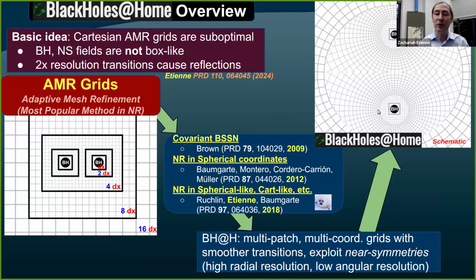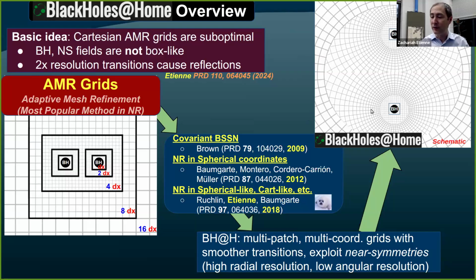time step of a numerical relativity simulation is governed by the smallest grid spacing. And well, when you have enormous focusing of grid points near r equals 0, as you would in spherical coordinates, that would cause your simulation to become very slow. This is exactly why you don't see beautiful spherical grids around the black holes. That said, these grids in between the black holes and out to the outer boundary make black holes at home so efficient, I'm able to perform